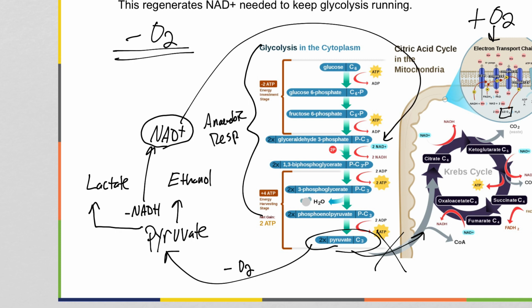And so the reason that we convert pyruvate into lactate or ethanol, one is you have to get rid of the pyruvate. You can't just let it build up forever. And thing two is we say that we regenerate NAD plus, because if you don't have NAD plus, glycolysis won't